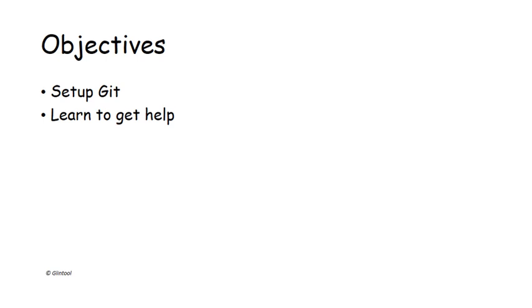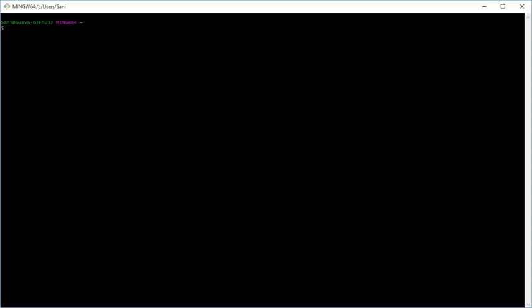I like to launch Git from Git bash. Therefore, I'll launch Git bash. Launching Git bash will also launch Git. To set up the username for Git, I'll enter the command git config --global user.name